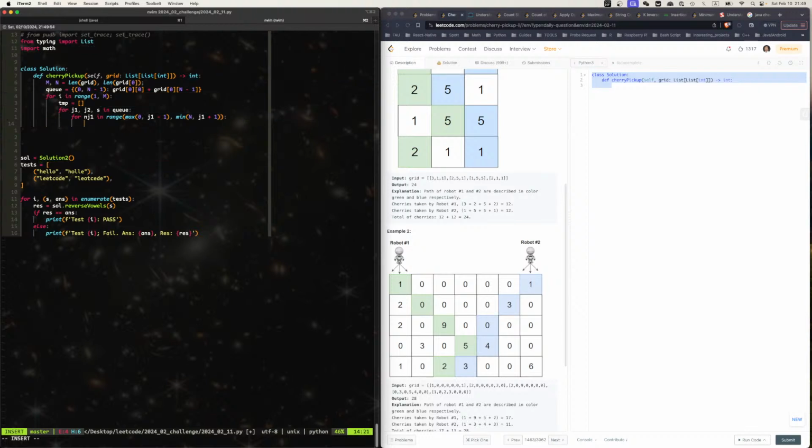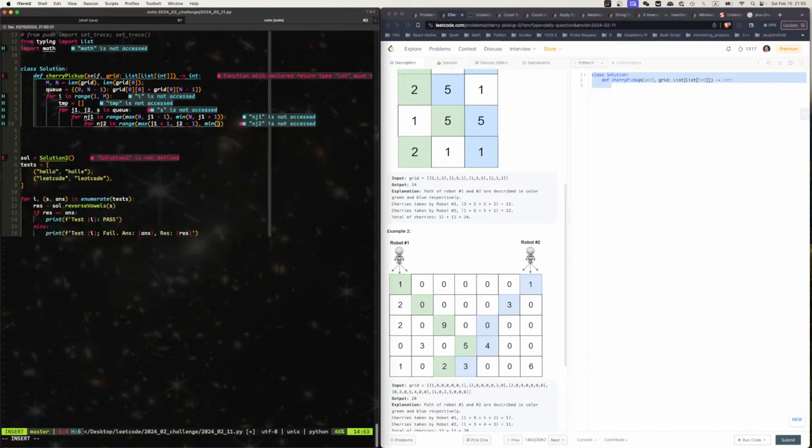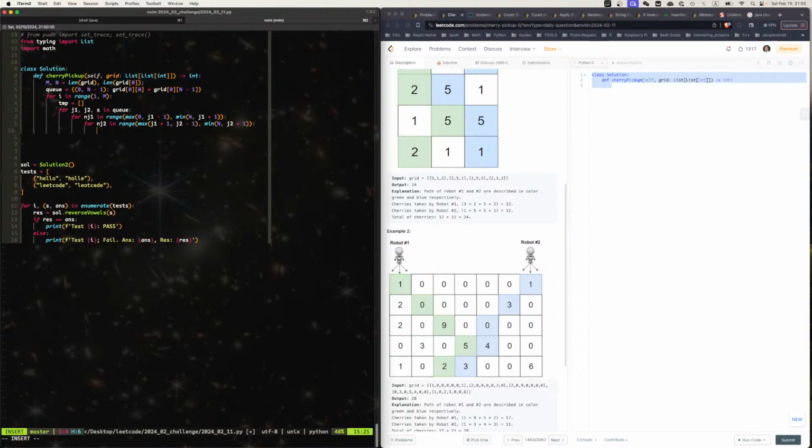Now we're gonna do nJ2 in range, the same thing, but here I don't do the same. I shall say has to be to the right of J1, right? Which means what I want is the maximum of J1 plus 1 and J2 minus 1, all the way to minimum n and then J2 plus 1, right? So the smallest will be J1 plus 1 if J2 minus 1 is to the left of J1, right? Otherwise, it will be that. So when we have that, then we simply say,